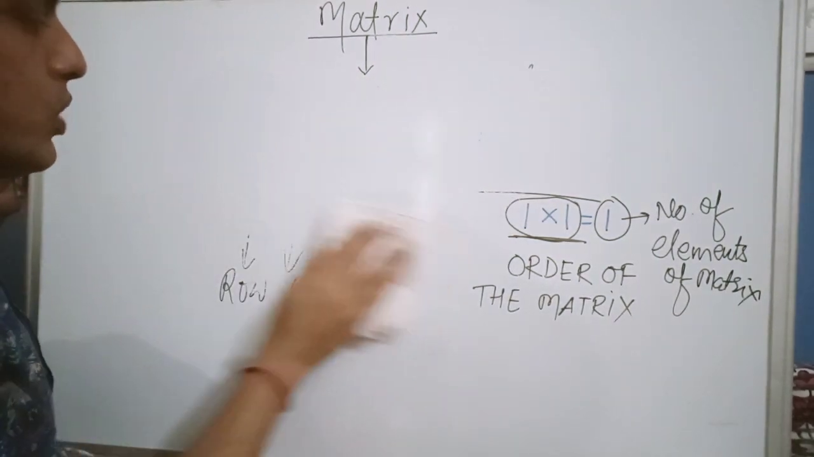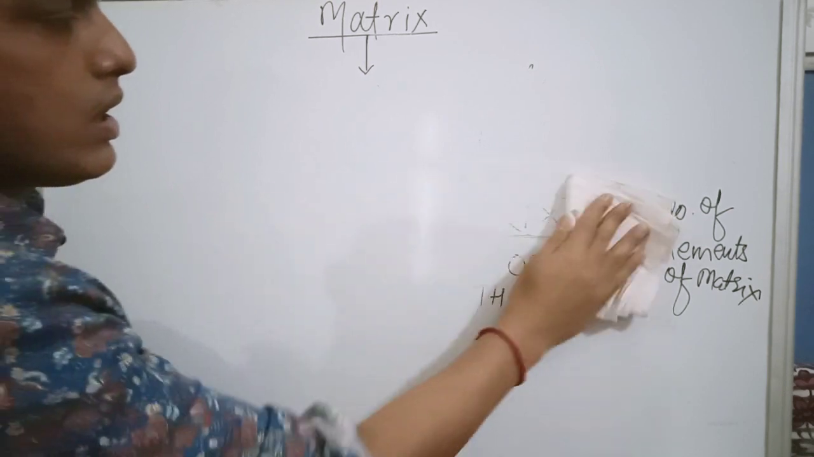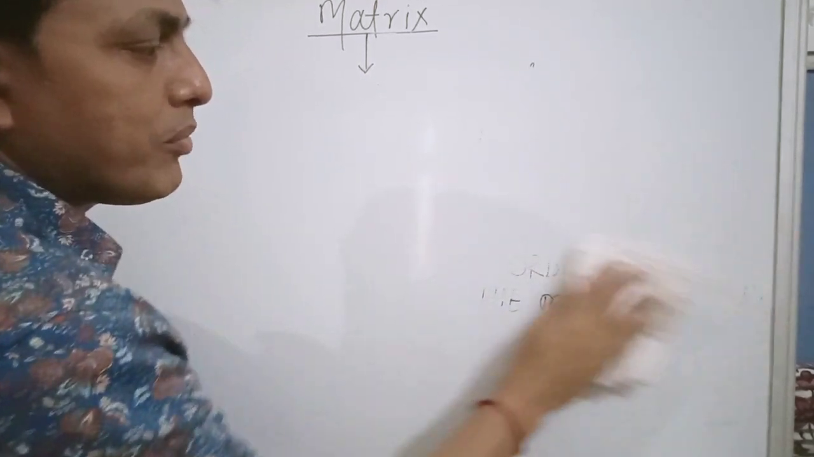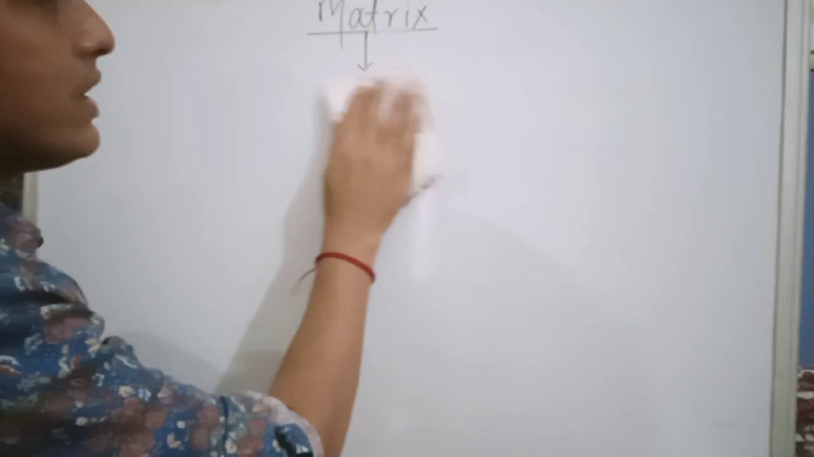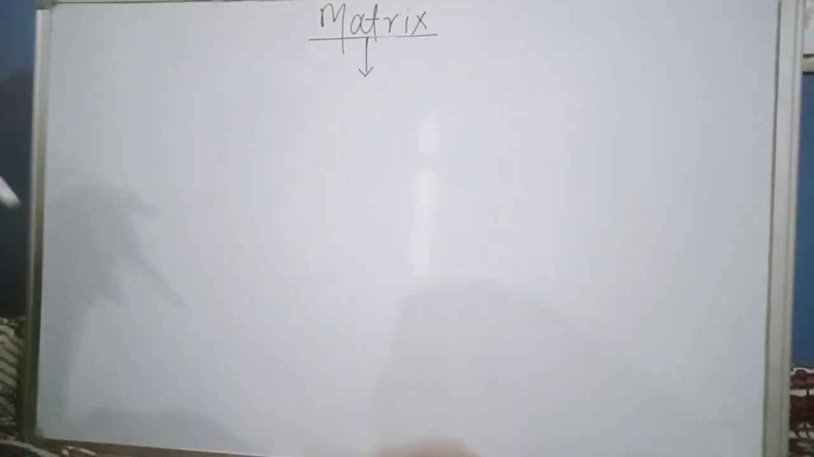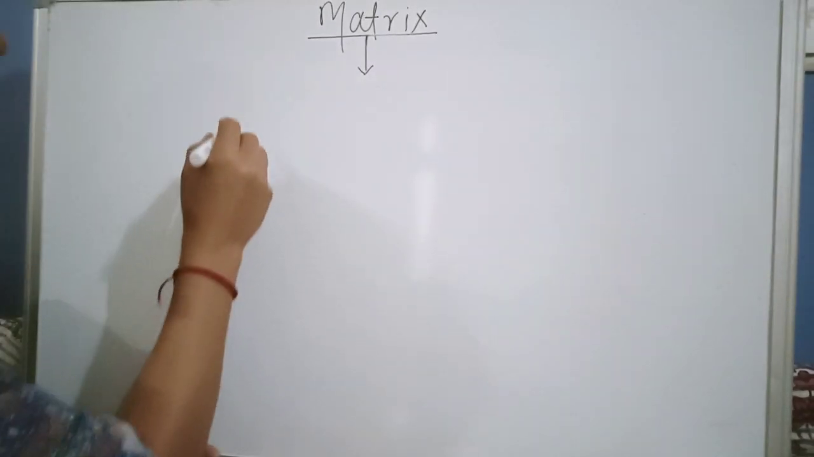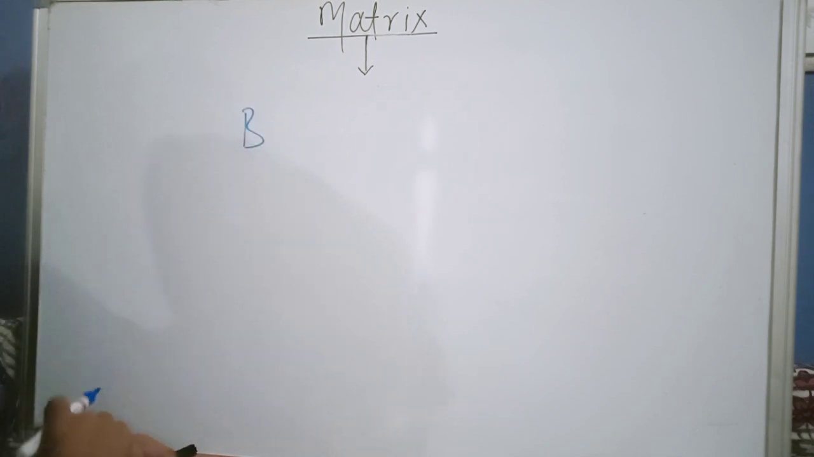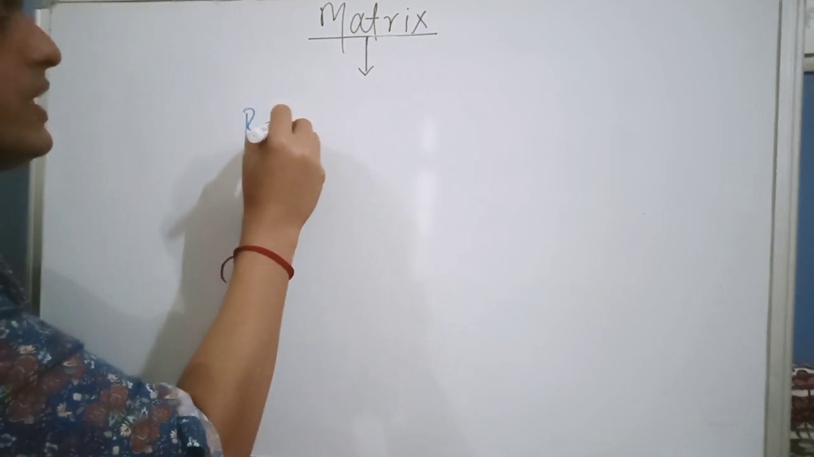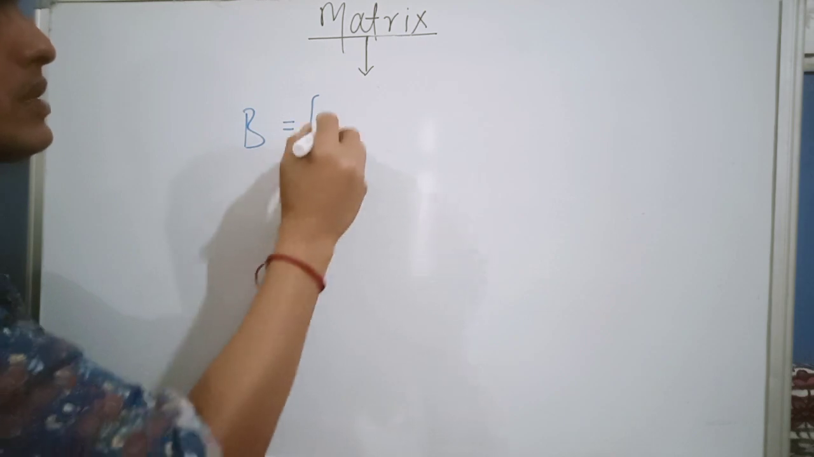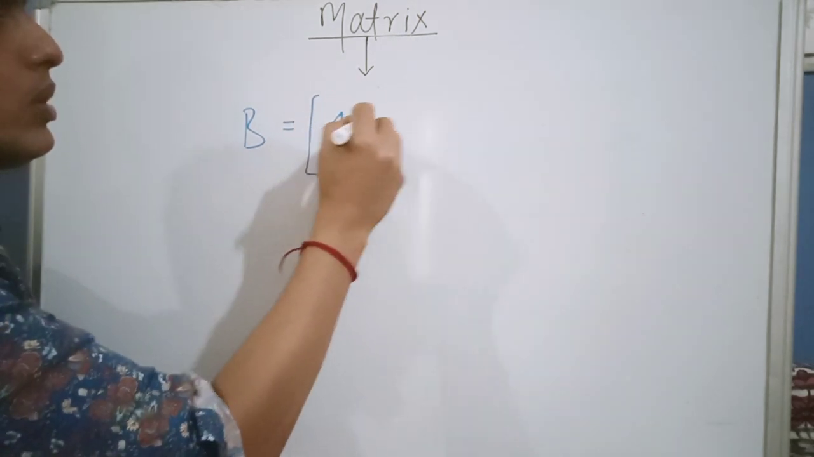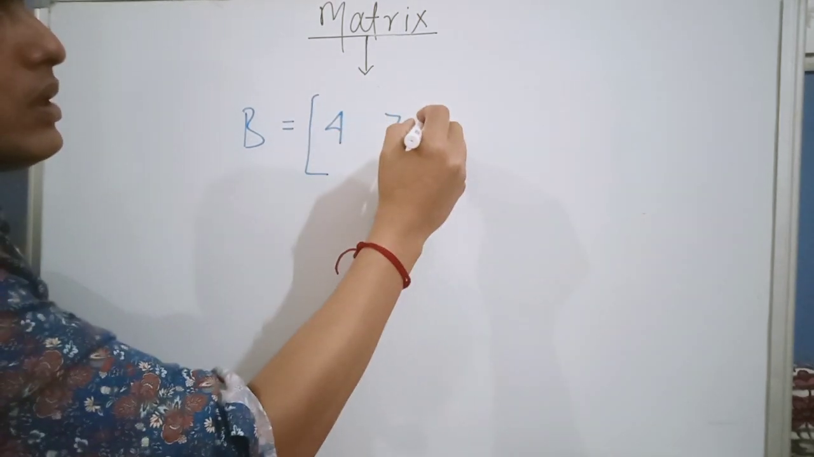So that will help you to understand again the order, the number of elements and the different matrices. I have taken a matrix over here. Directly I am writing the matrix like this: 4, 7,